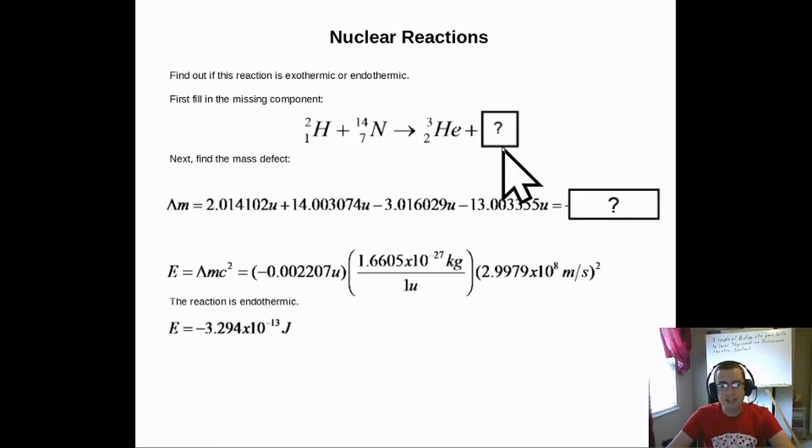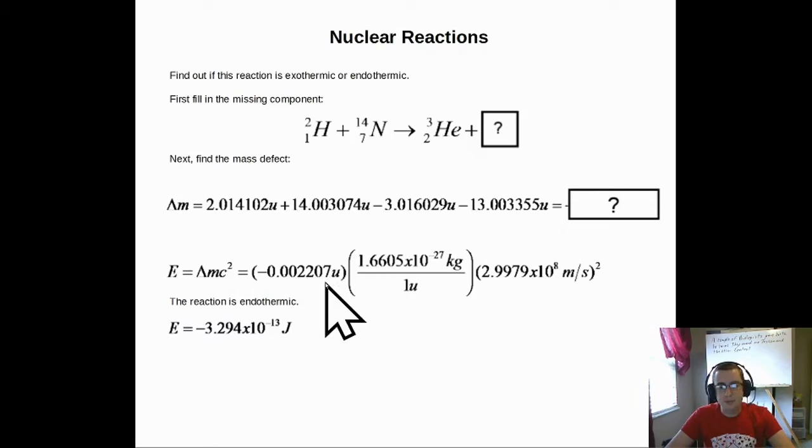Then we need to find the mass defect, or how much mass was lost. Because I'm going to be looking at the energy, and it is totally up to you which way you want to do it, we're going to do the initial minus the final just to make everything work out nicely. When we plug those values in, we multiply the 7 neutrons by the mass of a neutron and the 6 protons by the mass of a proton, and we get 13.033. We do the math, and we find that we have lost negative 0.002207